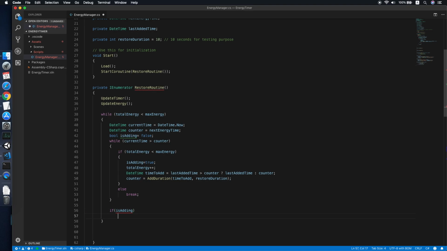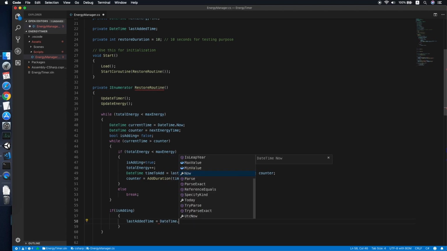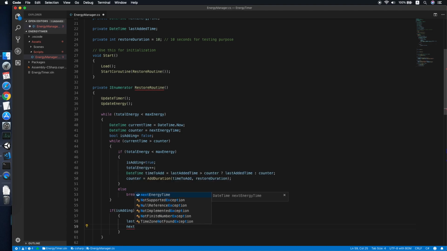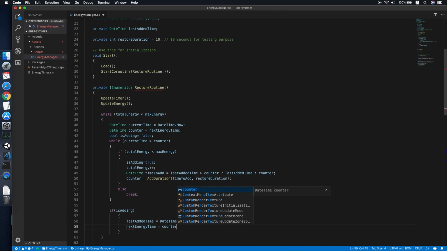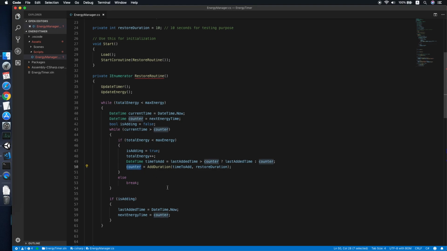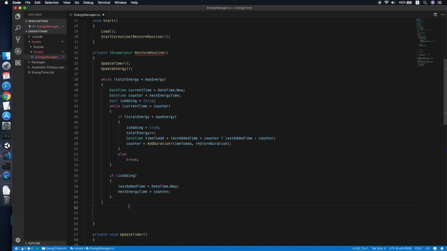If there is any change on the energy amount, then we will set the last added time to our current time. Since we are adding energy now, and the next energy time will be the counter, the calculated value by our loop just now. So after the checking is done,